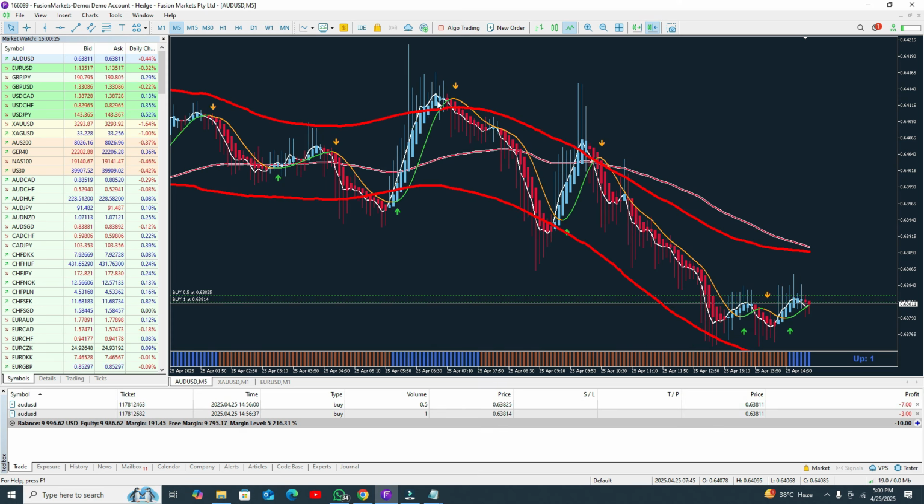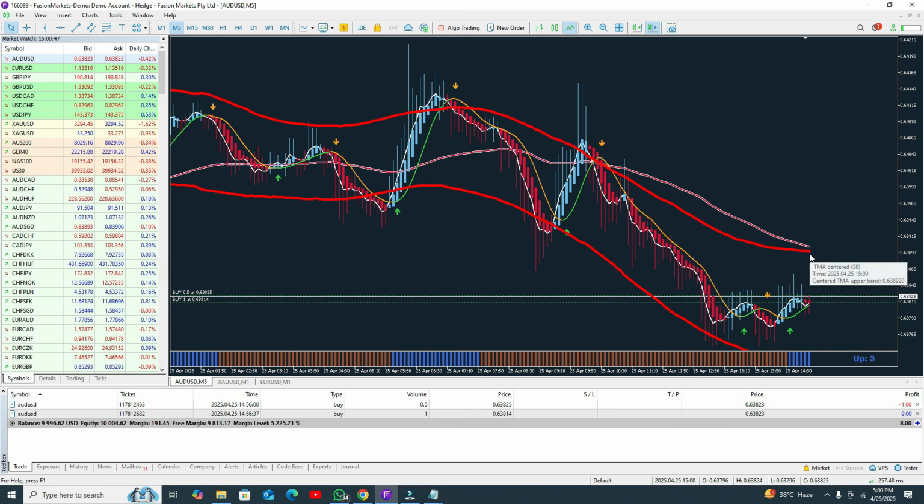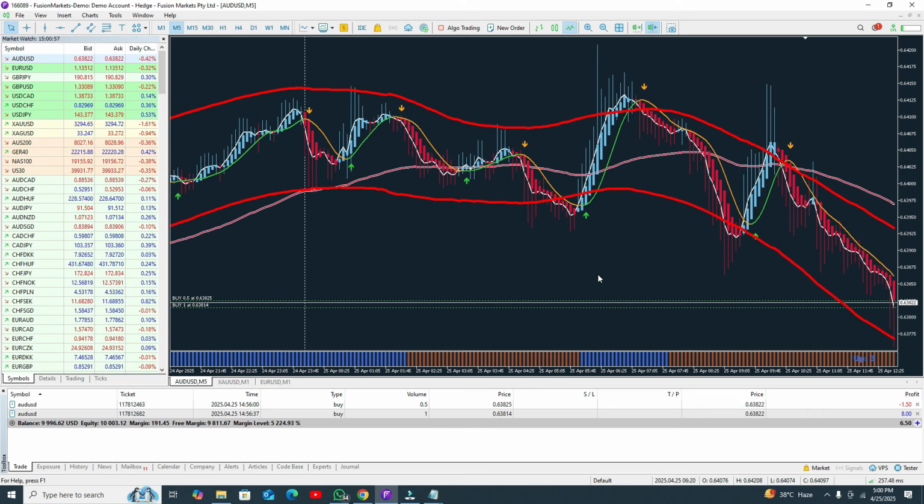Another thing, here you can see the candles are again not in the blue color, so you need to open one more position from this point and close your trade here. Now you need to go for the buy trade and close the trade when the candle touches the upper band line. This indicator is very important because this is the all indicator. Let me show you some more details here. You need to open your buy or sell position and close your trade here.